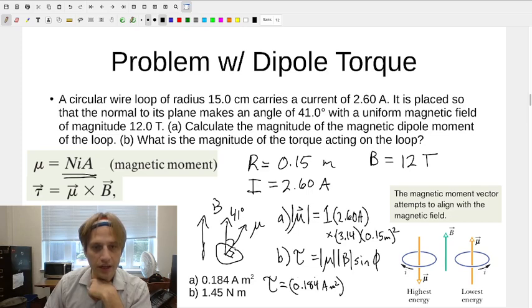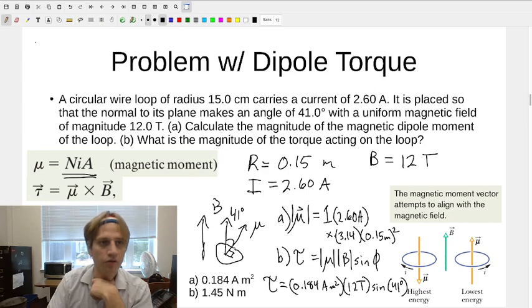Then you would take it times the B that they gave us, 12 Tesla, and then you would take that times the sine of 41 degrees. Okay, and you put all that in and you would get 1.45 newtons times meters,